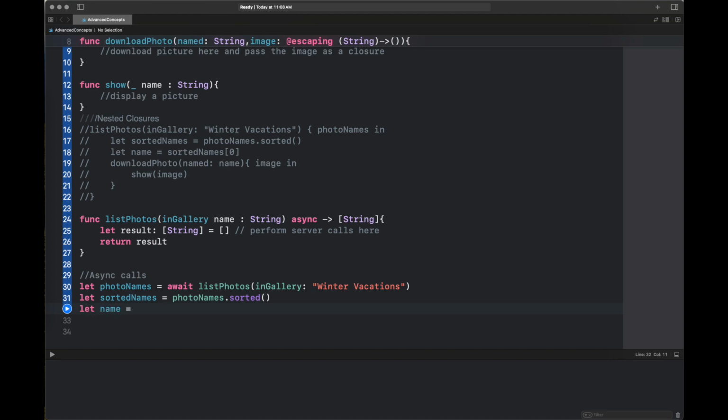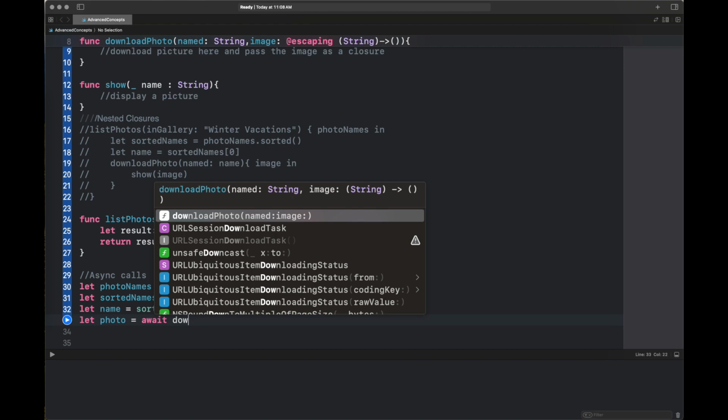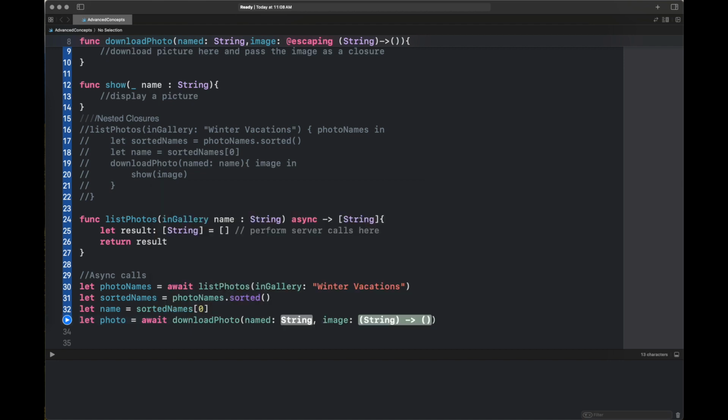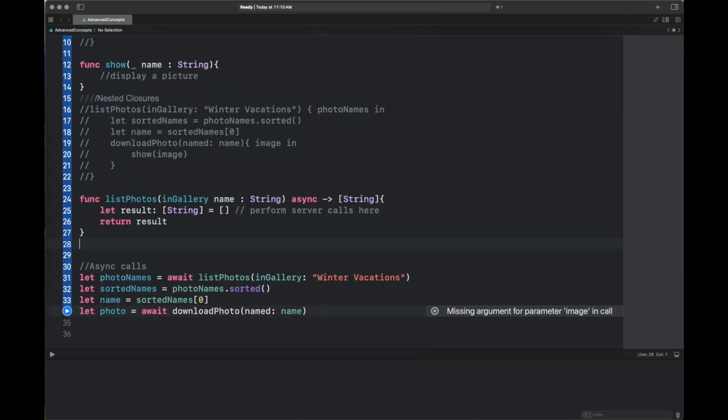This is just like when we write a throws keyword in a function, we call it with a try keyword. So this is just like that. We have called a list photos function. After that, on lines 31 and 32, these two lines of code are sequential or synchronous. On line number 33, we are again going to call another function with the keyword await,